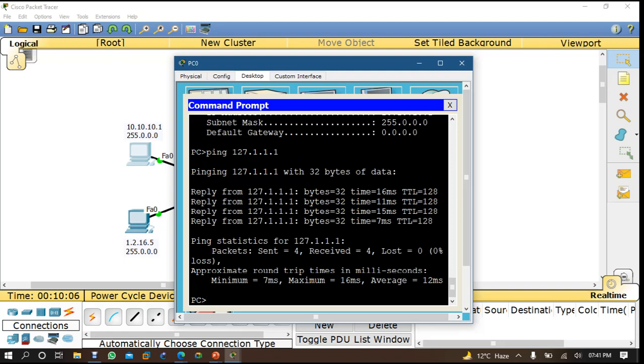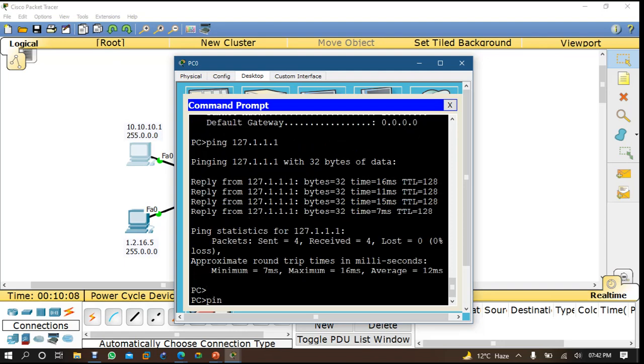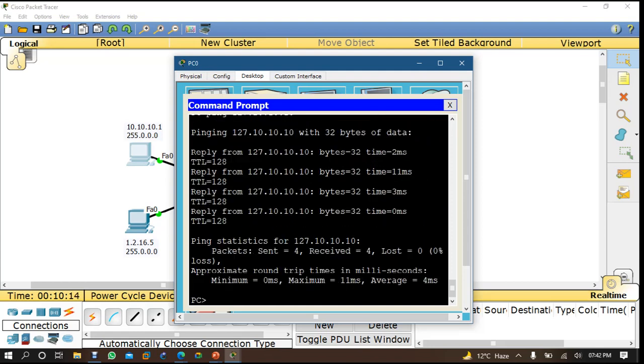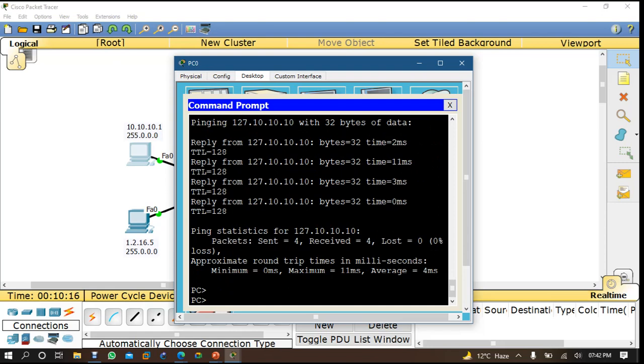Here, ping 127.10.10.10. You are communicating. Why? Because this IP address is used for testing purposes. This IP address is reserved, and when it is reserved, we cannot assign it to our computer. So this IP address is invalid for assigning. We cannot use it.